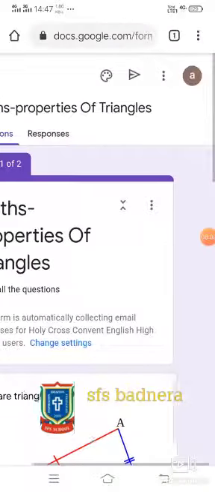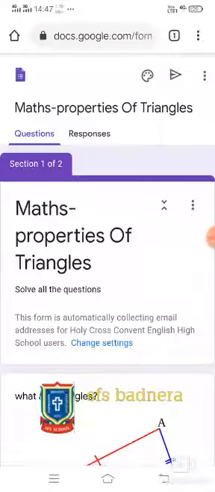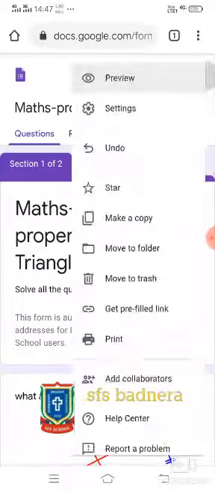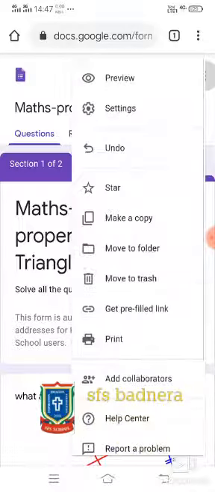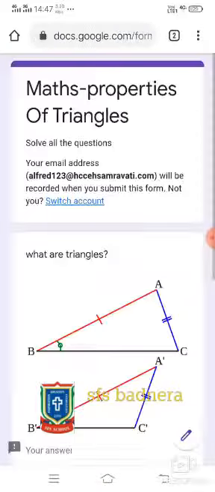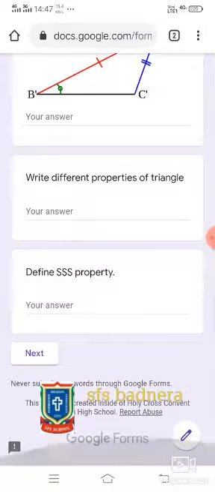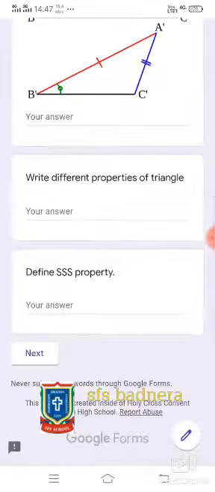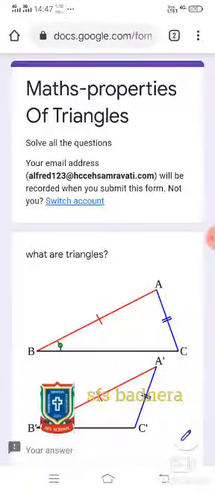Now it is time to share this with our class. So before sending it to your students, you can change some of the settings which you feel like. Simply by clicking on these 3 dots, you will have different setting options. Okay, so I will click on the preview to see my entire question paper. Okay, this is how your question paper will look, and if you want to edit, you can simply click on this pencil button below, and you can change.